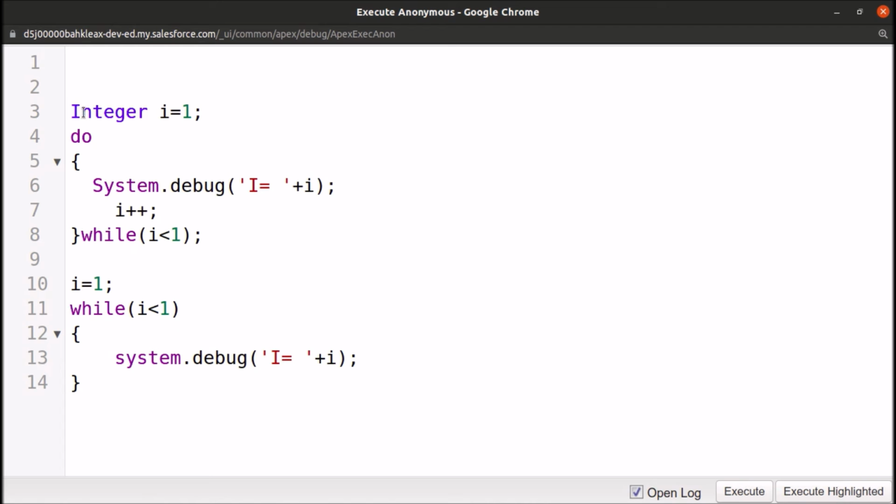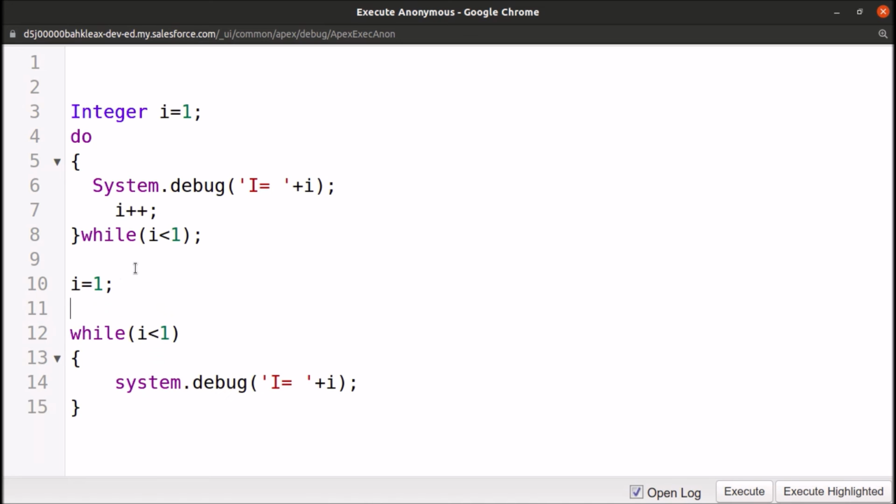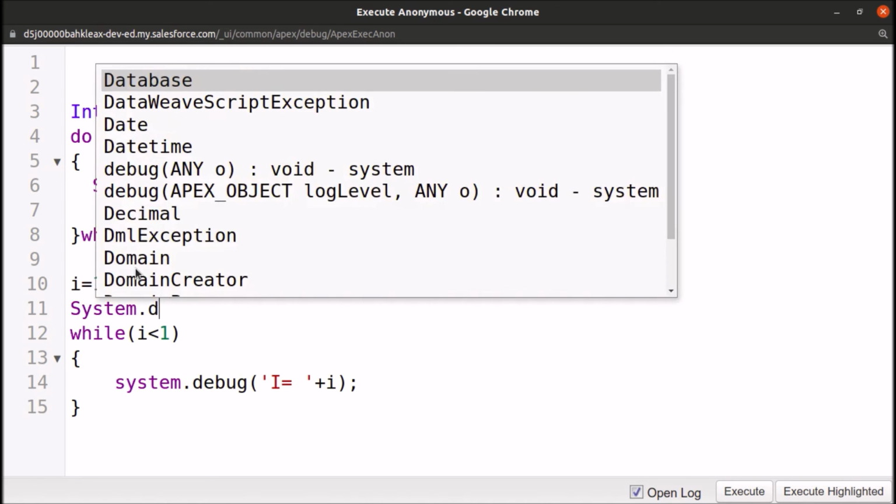Now you can see I have initialized I equals to 1, so this line will be printed, I equals to 1, and the value of I will become 2, and it will check 2 is less than 1, no, so it will stop the loop from executing further. Now in the while loop, I is 1 and it will check 1 is less than 1, no, so it will not execute this code. So let's put some statement here, system dot debug